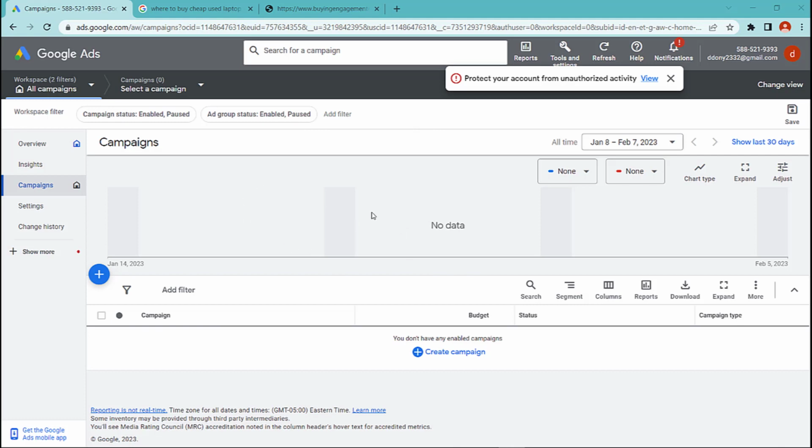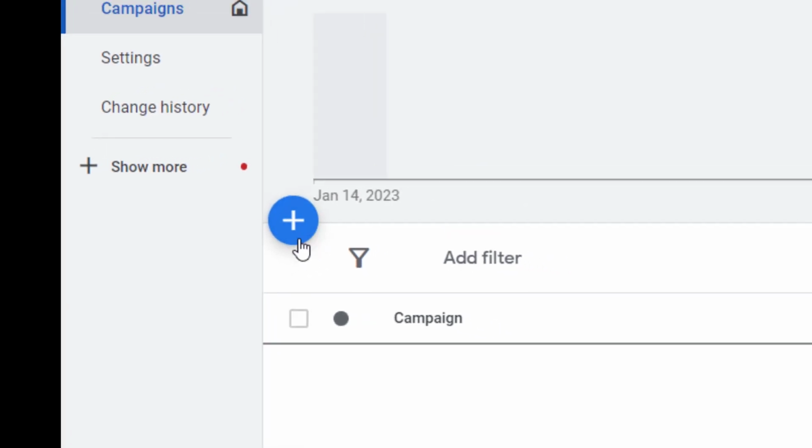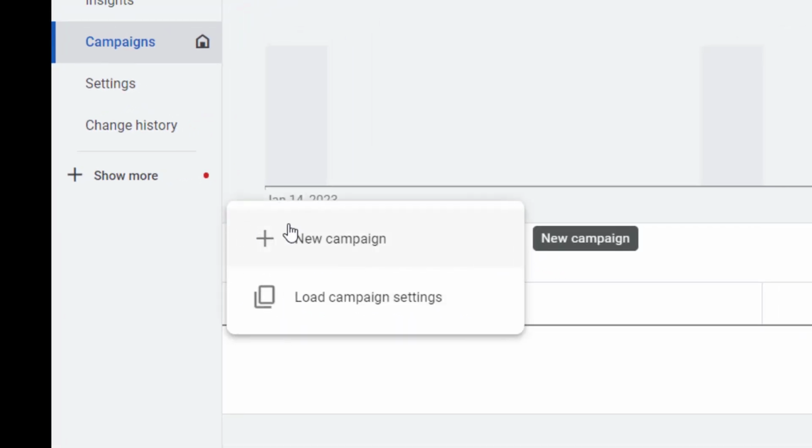If you already have a couple of campaigns, you are going to have to come down here and then you click or hit the big blue plus sign, click and then hit a new campaign.